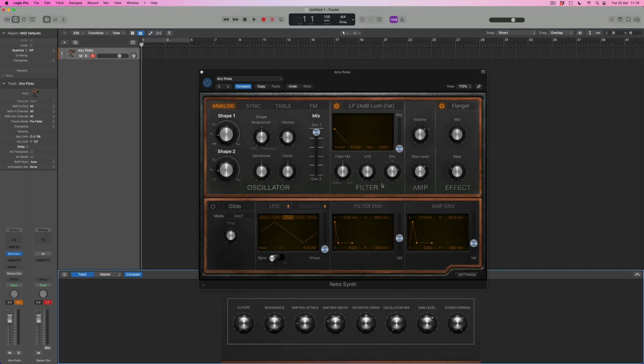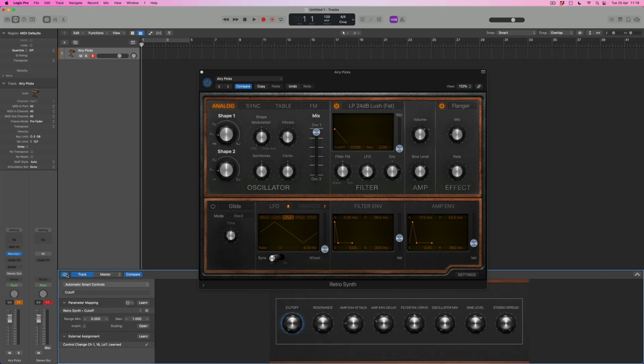Now, what I want to do is to sort of take control of my smart controls and decide exactly how I want them to be configured. So what I'm actually going to do is to press the little information button here, which brings up the kind of mappability. There's another word I've made up. I keep making up words on this channel, but I'm going to go with it. The mappability of each of the individual parameters within the smart controls. So effectively what I can do is to decide exactly what I want to map and how it's going to